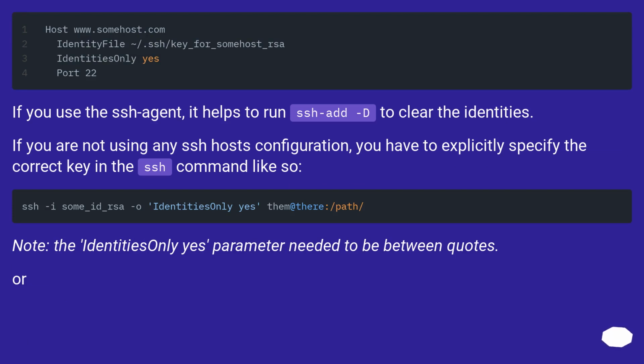If you are not using any SSH host configuration, you have to explicitly specify the correct key in the SSH command like so. Note, the IdentitiesOnly=yes parameter needs to be between quotes. Or